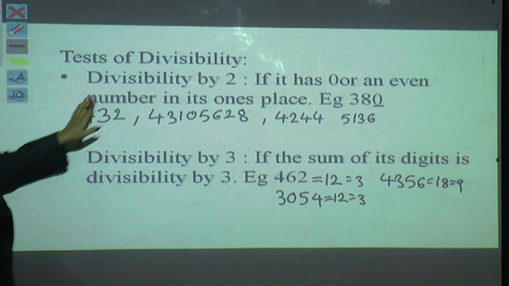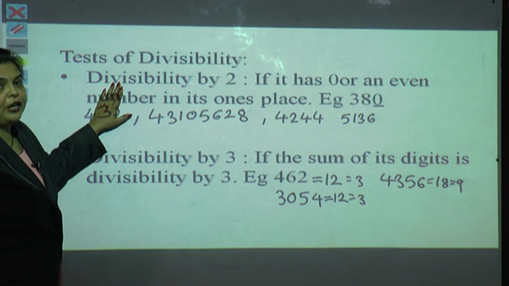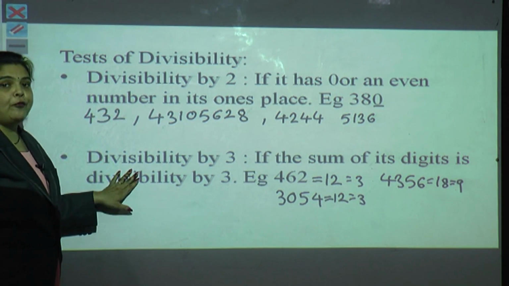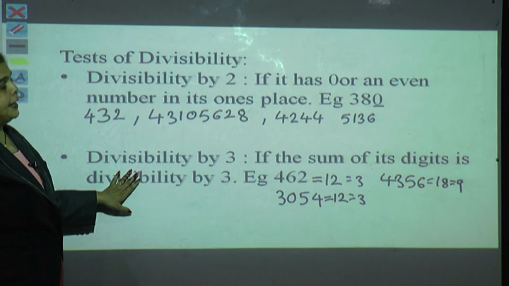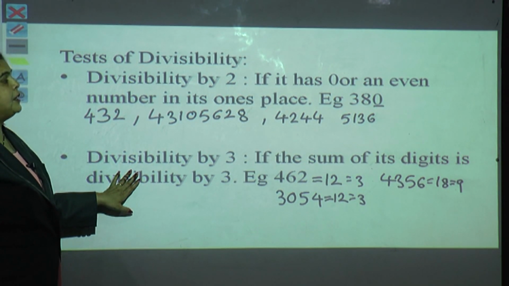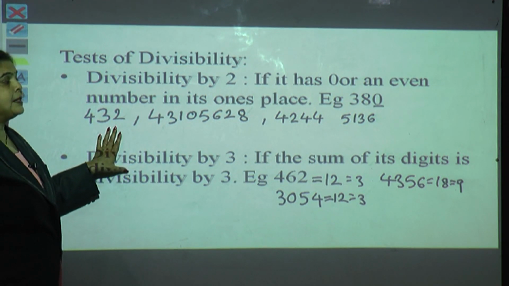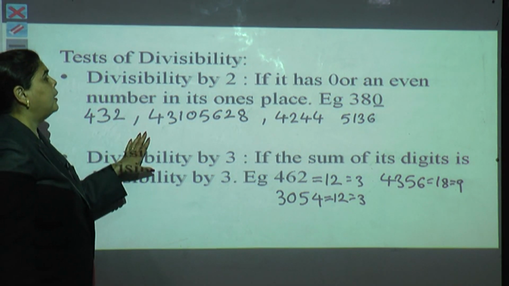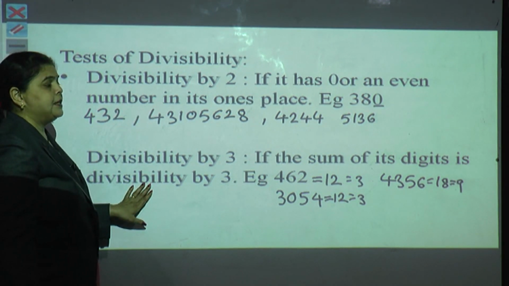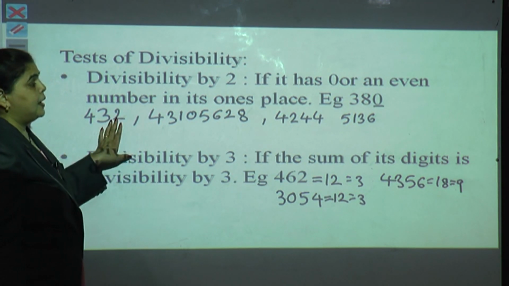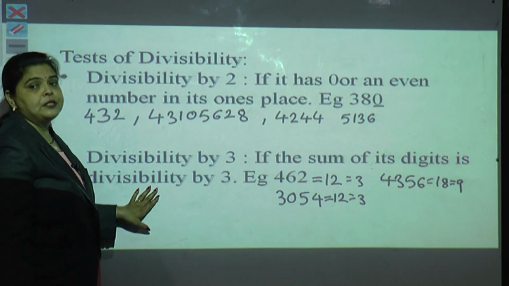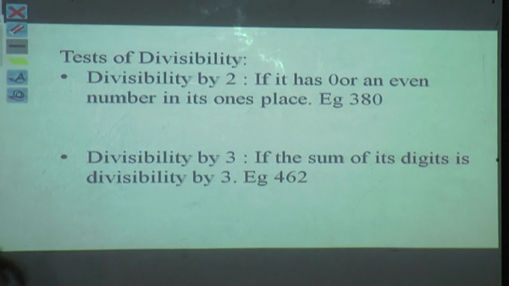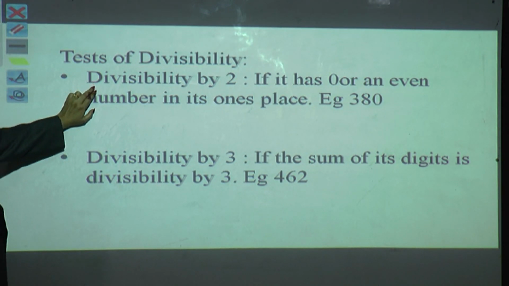So this is the divisibility rule for 2 and 3, because many a time we use this terminology, divisibility by 2 and 3, while solving LCM and HCF. You might be very familiar with these words, and I have given some more examples. What are the tricks you have to remember for divisibility by 2 and for divisibility by 3? There are rules that, if you follow step by step, we can find out the divisibility. Now everyone knows divisibility by 2 and 3.